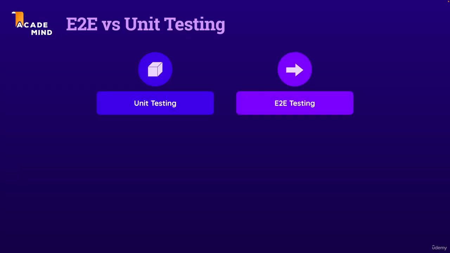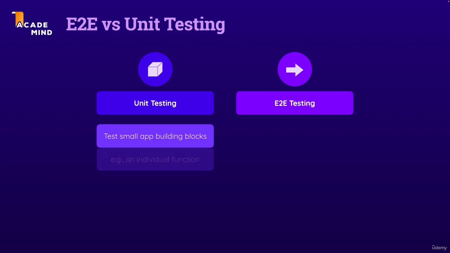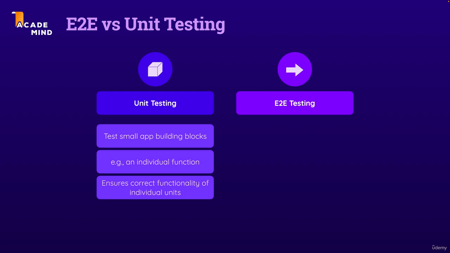It's important to understand that these two approaches are both important and are not really alternatives to each other, but instead should best be used in conjunction. The idea behind unit testing, as you also learn in my dedicated unit testing course if you want to, is that you test small individual building blocks of an application. For example, whether a given function works as intended. The idea, however, is that you don't test the combination of components or functions so that you don't test entire flows, but that you test the individual building blocks instead, and you therefore can ensure the correct functionality of those